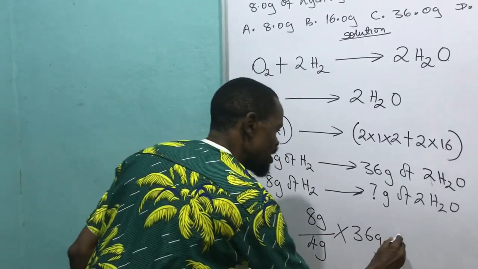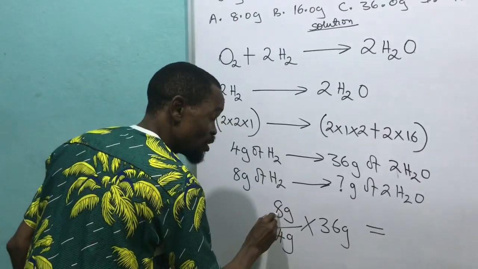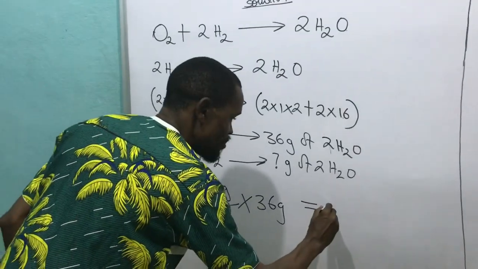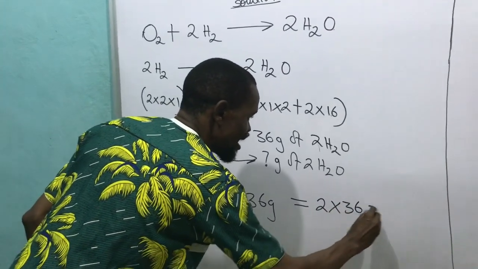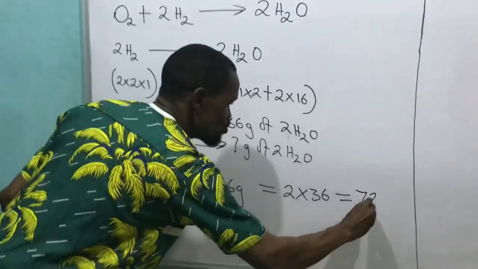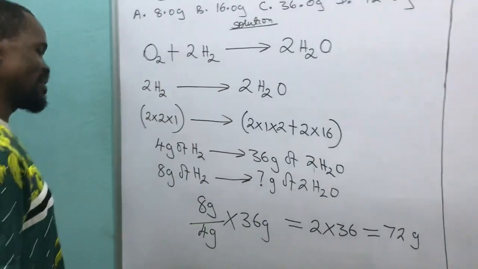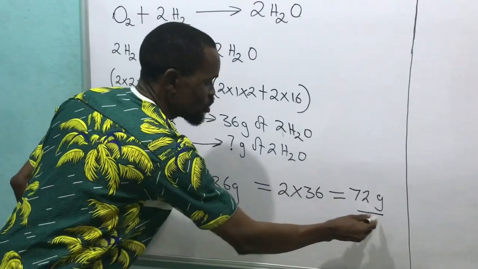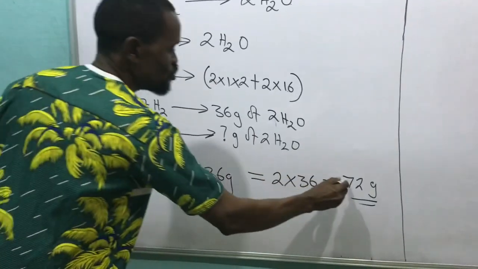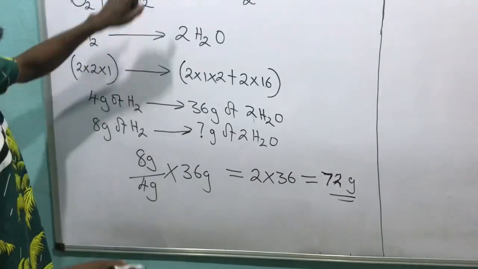And this will give me, this will cancel, 4 divides 8 to give me 2. That means 2 times 36, and that gives me 72 grams of water. So these 8 grams will produce 72 grams of water. That means it will produce 72 grams of water. Then I come back to my